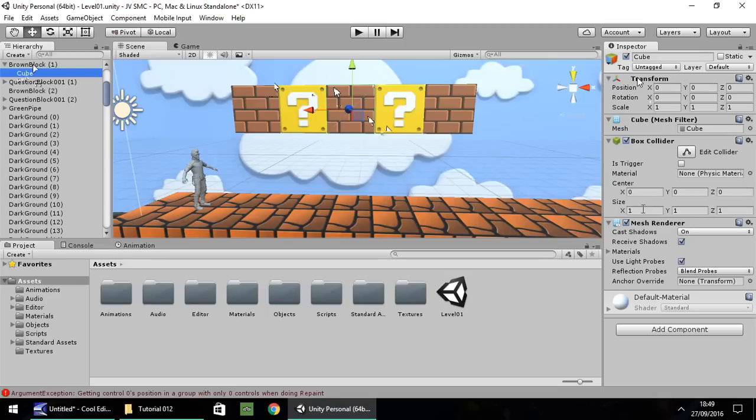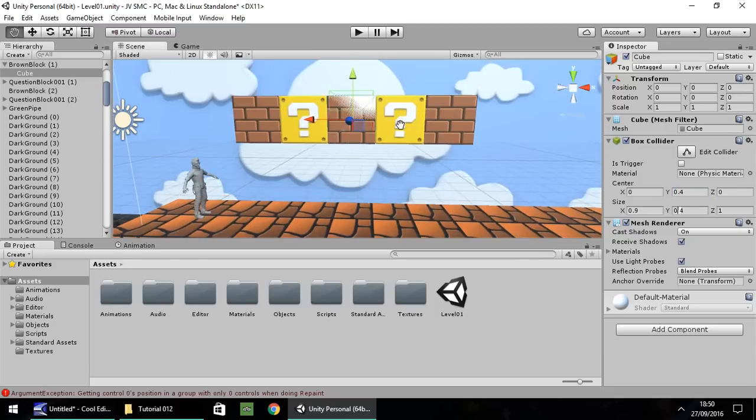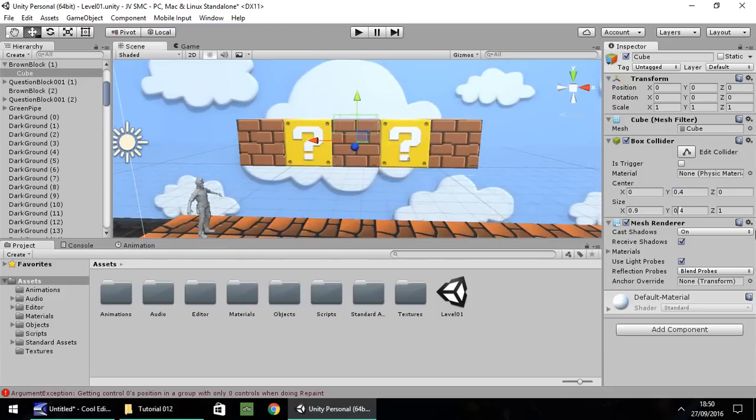So let's shrink the size again here. Let's make it similar to what we did with this question mark object. So 0.9, 0.4, but instead of minus 0.4, let's put this as 0.4, so the collider goes up. Let's turn off the mesh renderer and bring it down on the center just slightly.